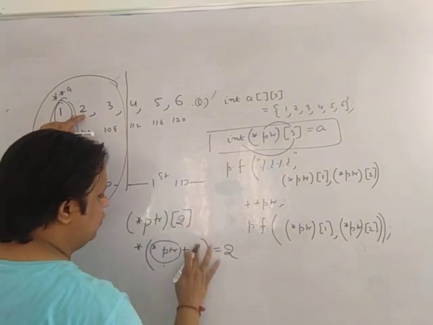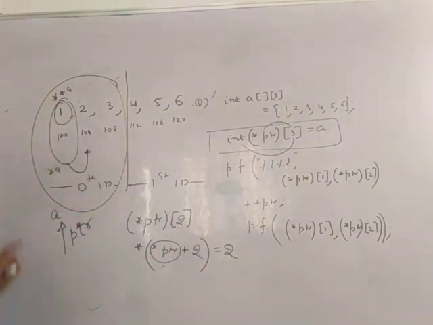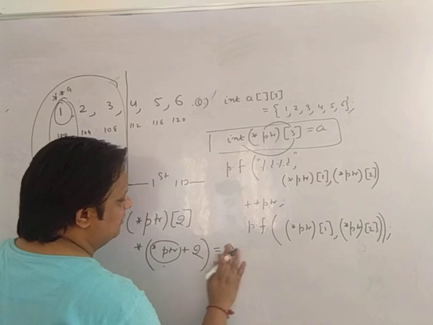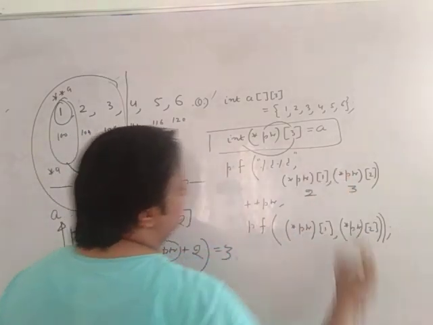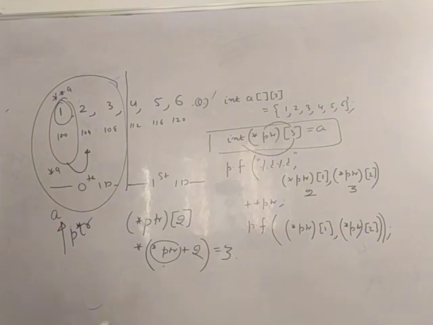सिमिलरली स्टार PTR अगर मैं इसको 2 करता हूं तो स्टार PTR पॉइंट कर रहा है A पे, इसका स्टार हो गया बेस एड्रेस ऑफ द 0th 1D, बेस एड्रेस ऑफ द 0th एलिमेंट, प्लस 2 करूंगा, प्लस 1 प्लस 2, 108 के एड्रेस पे आऊंगा, 108 का स्टार के 3, तो इसका आंसर आ गया 3। तो फर्स्ट प्रिंटफ मेरा आ गया 2, सेकंड प्रिंटफ मेरा आ गया 3। नाउ नेक्स्ट लाइन इज वेरी वेरी इंपॉर्टेंट, प्लस प्लस PTR।